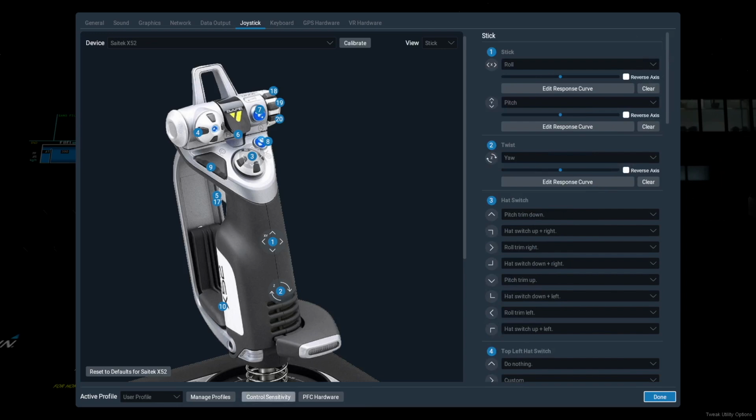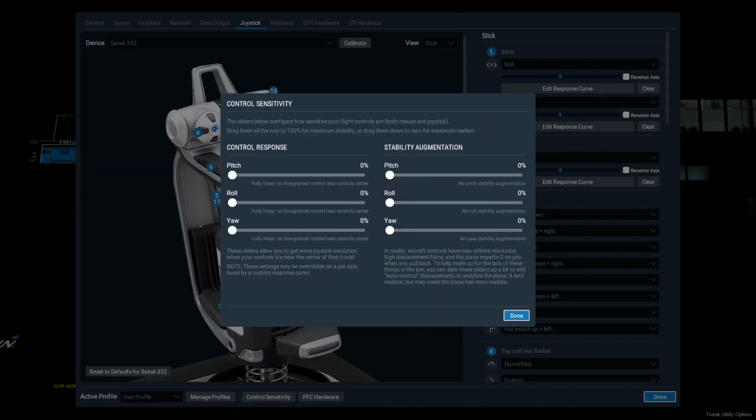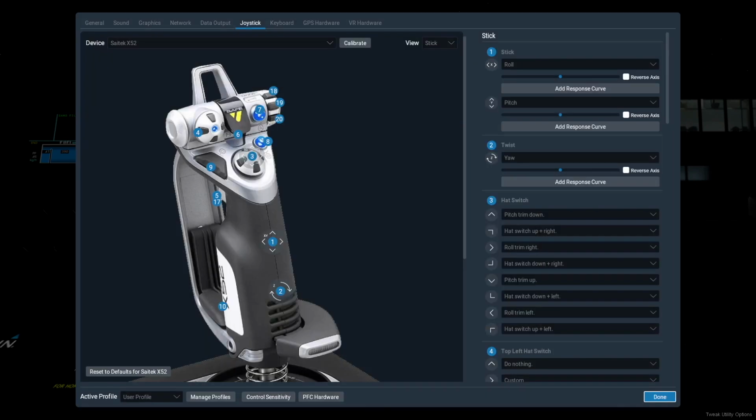Now the peculiarities. There are always many questions about control sensitivity. Our aircraft sets optimized values when loading. If another aircraft is then loaded, the individual settings of the user are reset. Please do not change anything here. It is correct that all controls are on the far left. For a sensitive control, it is important that the signals are transmitted without change.